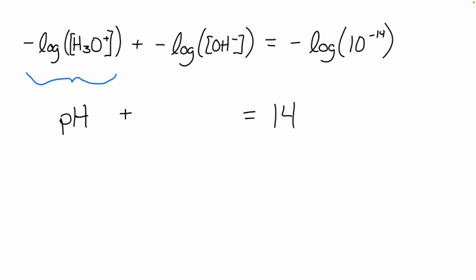Okay, so we're going to define this new quantity, the negative log of our concentration of hydroxide. We're going to call it pOH. Hydronium is pH, hydroxide is pOH. And now we just have this restatement of our auto-ionization relationship that we can use in our problems. You can actually approach these problems in two different ways. So now we're going to do another one using this auto-ionization relationship stated on the log scale: pH plus pOH equals 14.